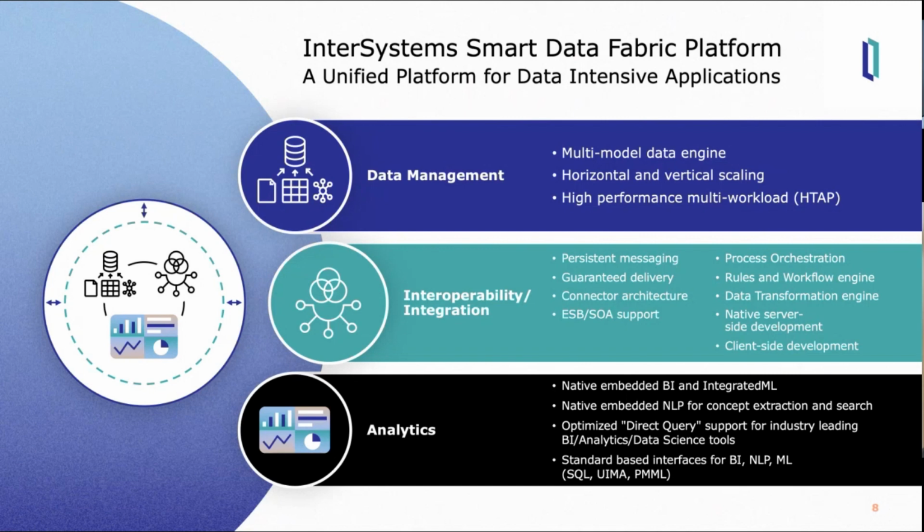And these are the hallmarks of our technology. And behind the scenes, what we have is our data platform, which is called Iris, which essentially, if I were to put all the capabilities that you need for a data fabric implementation or a smart data fabric implementation, are pretty much around data management to handle multiple kinds of data and also to scale it horizontally and vertically. You need integration capabilities to be able to connect to different systems, add workflows to the data ingestion pipeline so that if something goes wrong, actions can be taken. Then you have process orchestration, which allows you to automate some of your manual processes.